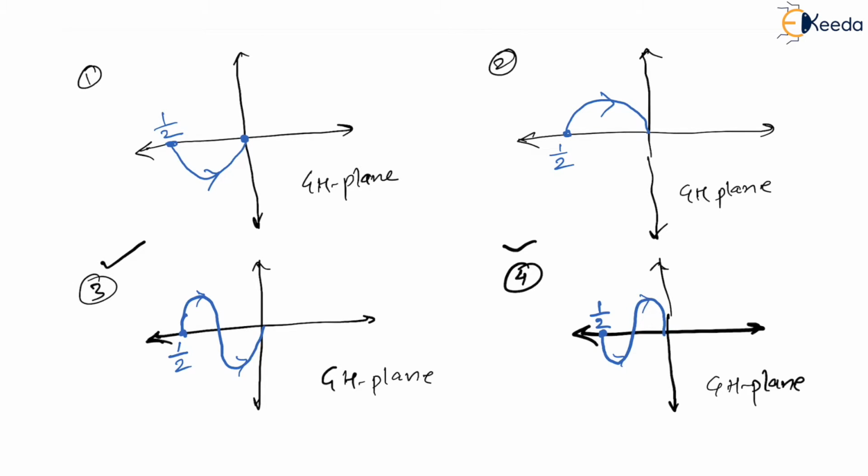I mean to say, see dear, you know that this is omega equal to 0. Yes. Now in order to check if 3 and 4 are correct, it means that I have to check for a frequency that if at all,